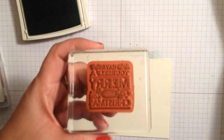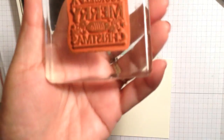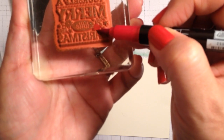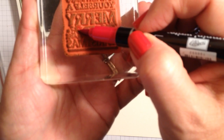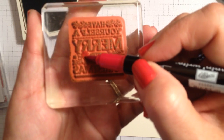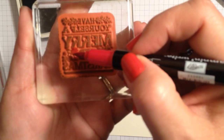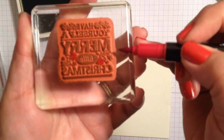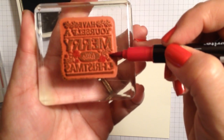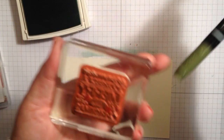Now, for the rest, because that color is light, all I did was take my Real Red marker and color over the flower images that I see, and it doesn't hurt my marker. It covers up the Mint Macaron that's already there. You can see the little flower images and the foliage a little easier because it is inked, and it gives you that multicolor stamp. So now I'm going to take Mossy Meadow